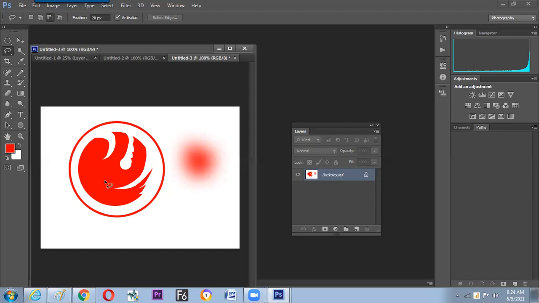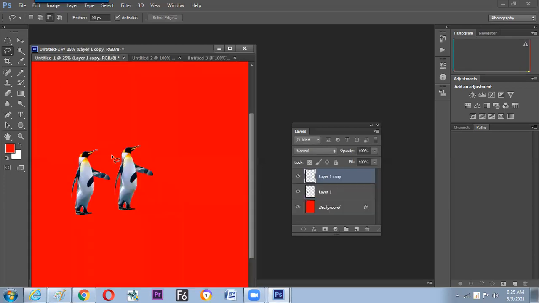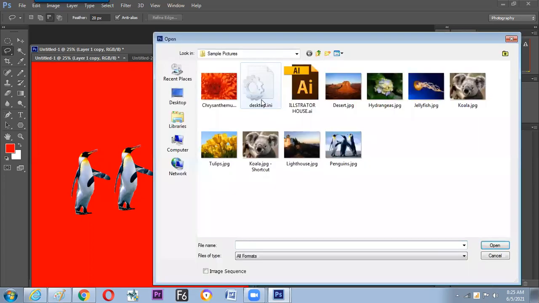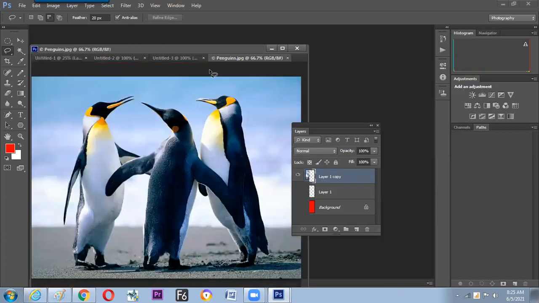But now we'll see the limitation of the lasso. The limitation of the lasso is, like we have seen, when the penguin is selected, it takes a lot of time. And second, we are not able to move exactly on the edge of your photograph. To get rid of this problem, they came up with another solution. Give a little break by the polygon lasso tool helps to